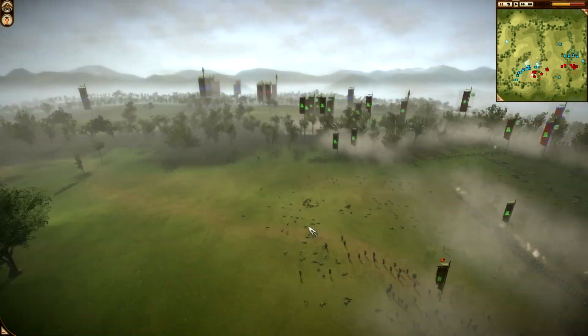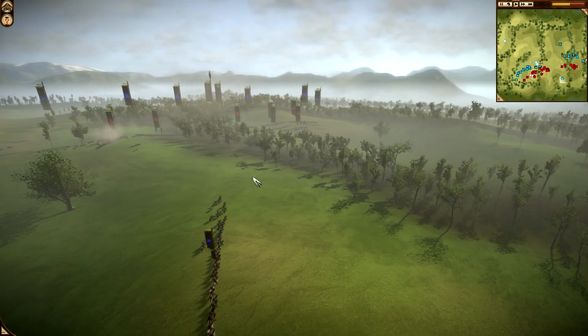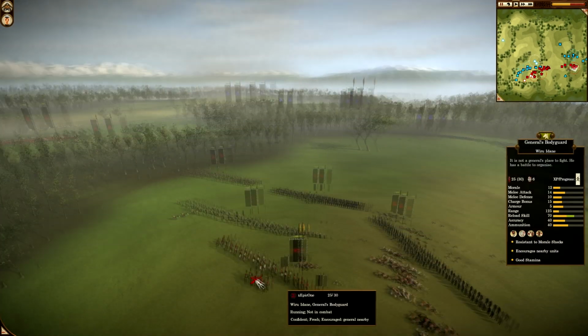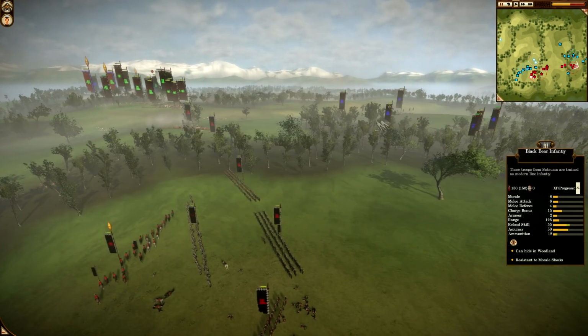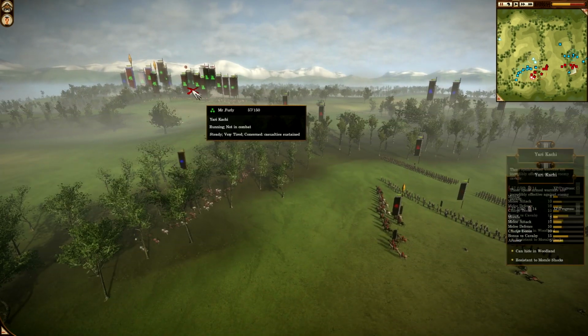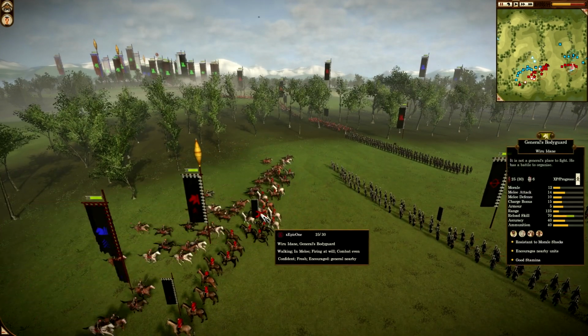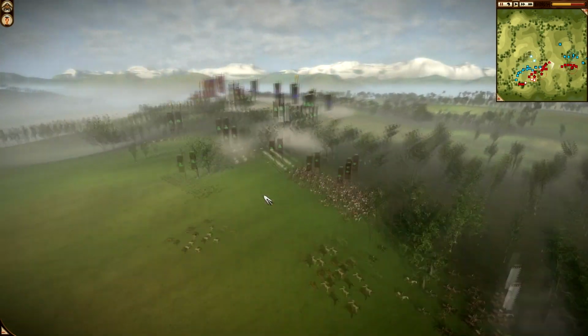Although very unorganized, somehow it is going to pull this off. And my Yari Kai is now in the back, and I believe I do, yeah, I go for this General's bodyguard over here, and that's actually going to work. Omnis's artillery's firing into the fight over there, but I am going to kill this guy's general for Omnis and these bows,